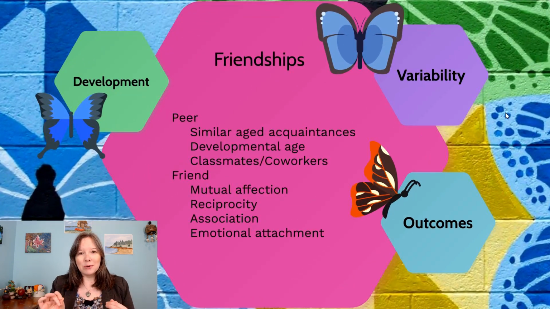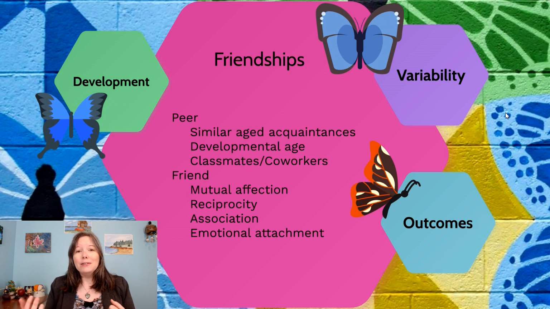Well, it's important to distinguish between peers and friends. A peer in most social developmental literature is defined as someone who is the same age or at a similar developmental stage who is around you. It's an acquaintance that spends a decent amount of time with you, but you don't get really intimate or familiar with one another. So this is very commonly our classmates that we recognize, we know their name, but we don't know them in depth, and we don't have an emotional attachment to them. This could also be coworkers or neighbors, or just people that you are associated with in everyday life that make up your world, but you're not really close to.